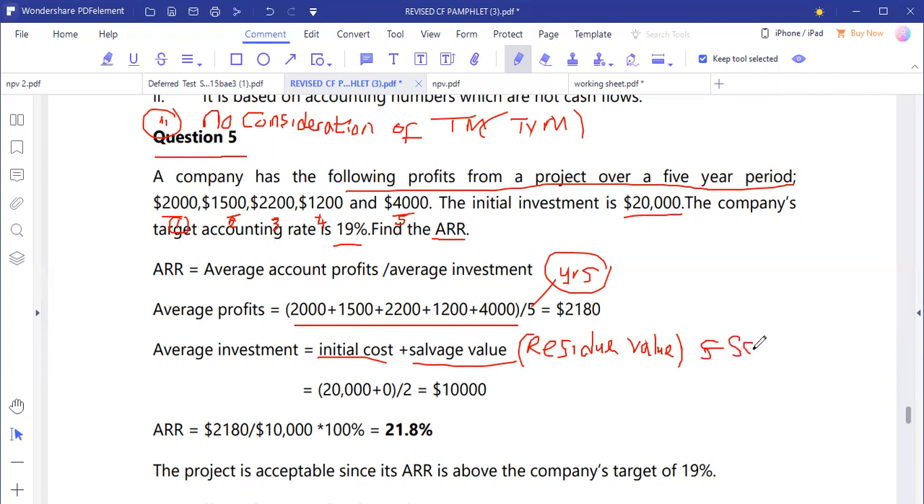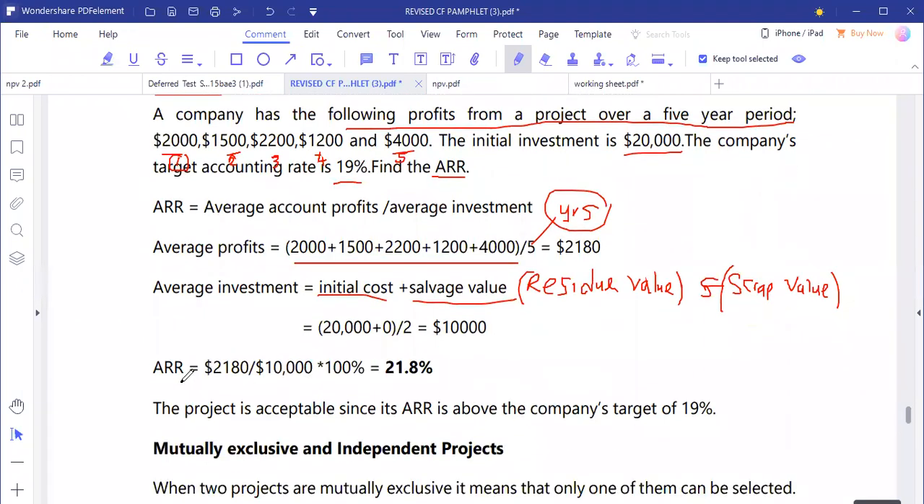All right. So now here we haven't been given the salvage value or the scrap value in this question. So you take it as 0. All right, scrap value, salvage value is 0. So that's why we're saying initial investment is $20,000, plus the salvage value, which is 0, then divide by 2, which is giving us